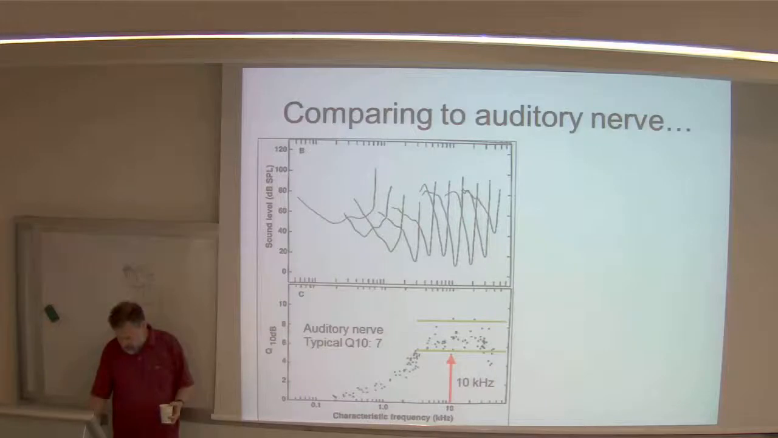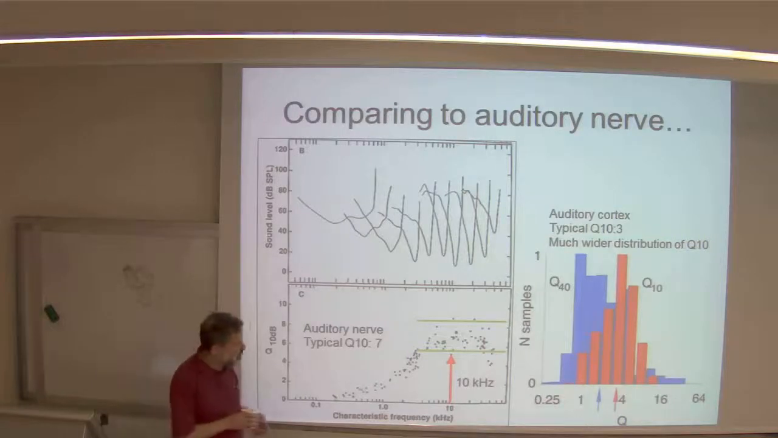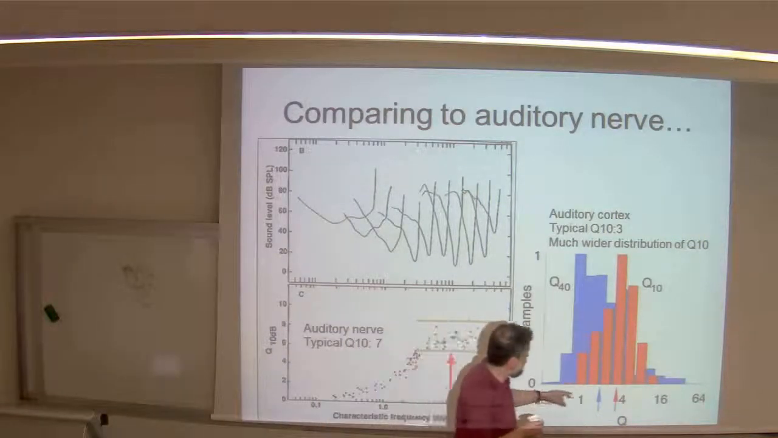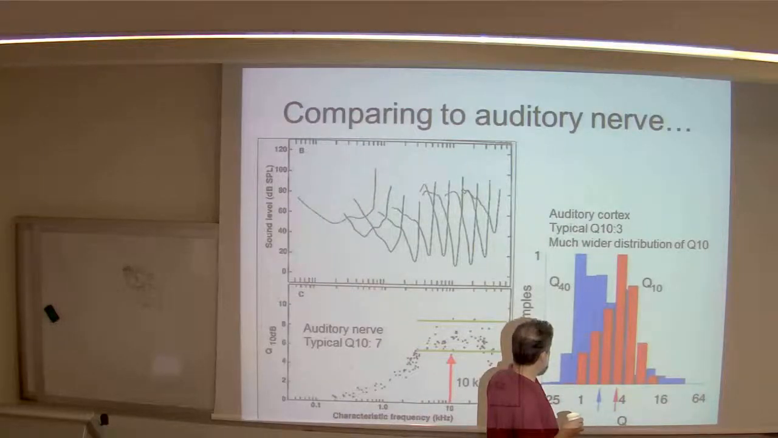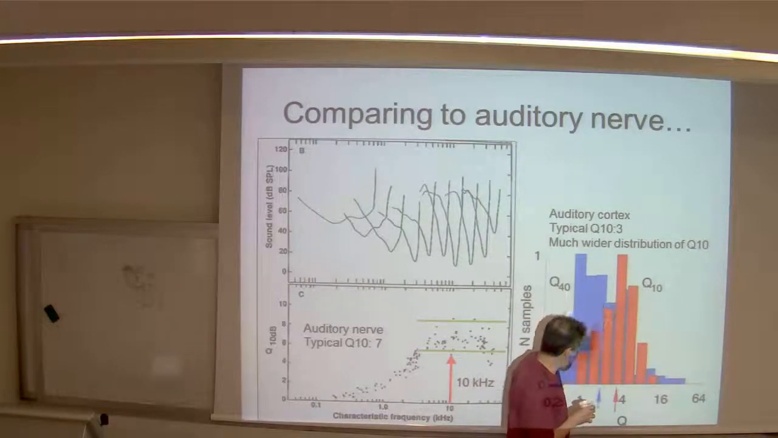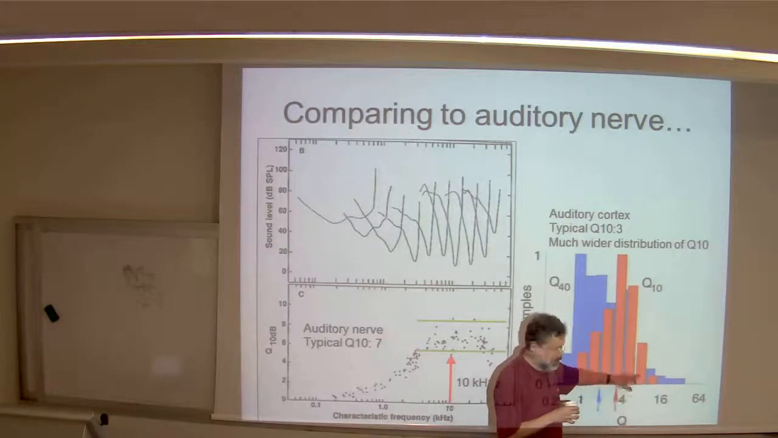Okay, and as we said, the typical Q10 of an auditory nerve fiber is 6 or 7, and if you look here at the distribution of the Q10s, the Q10s are the red bars. Then this is 4, so 6 is about here. Okay, so most